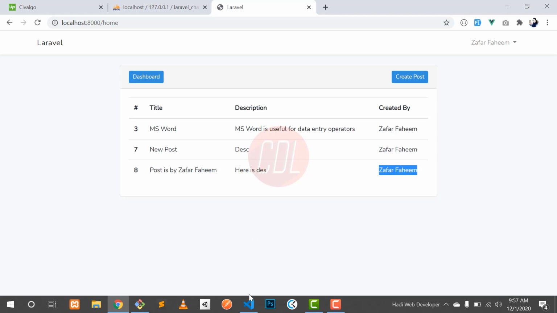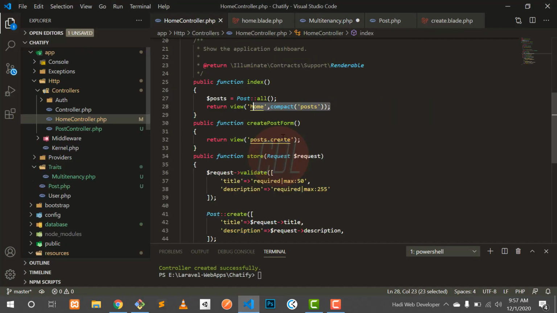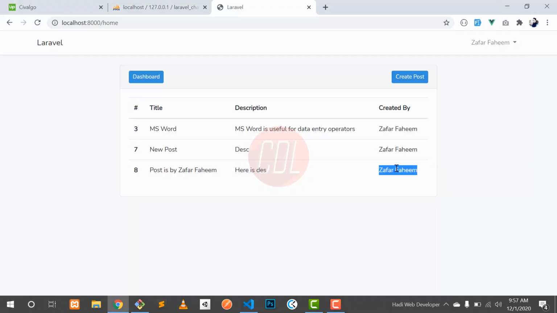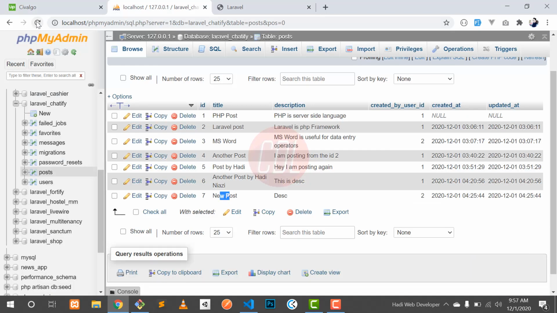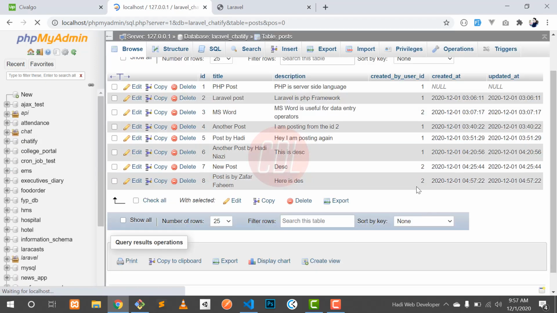If I go to the home controller, it's only creating two things, the title and description. If I refresh the web page, here is the ID 2.